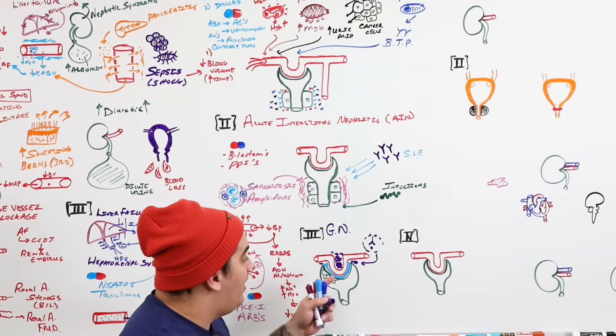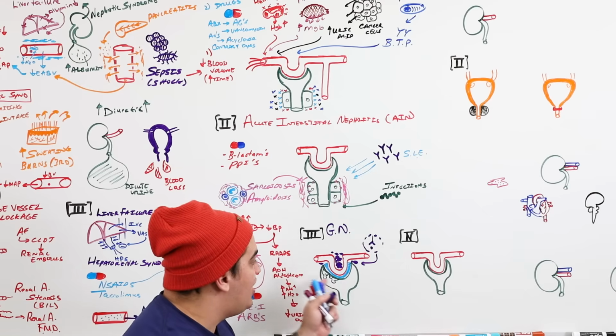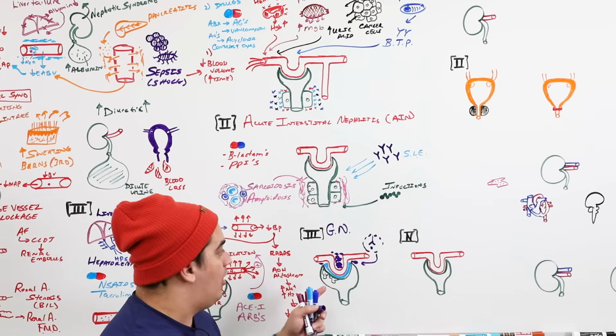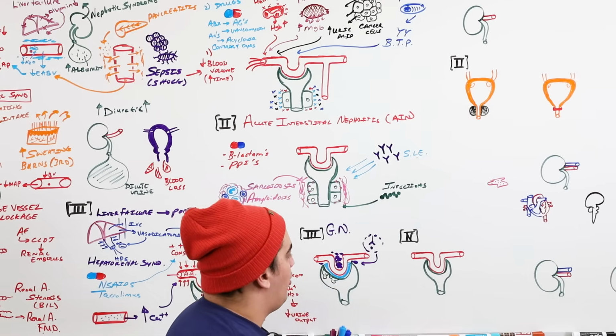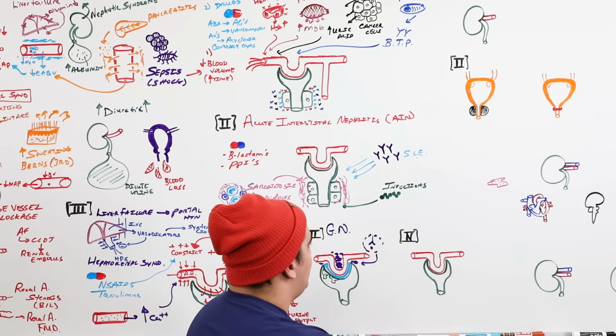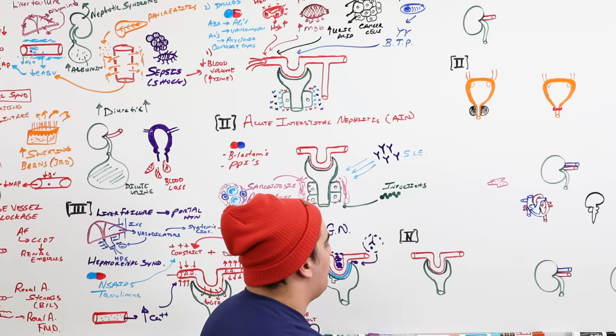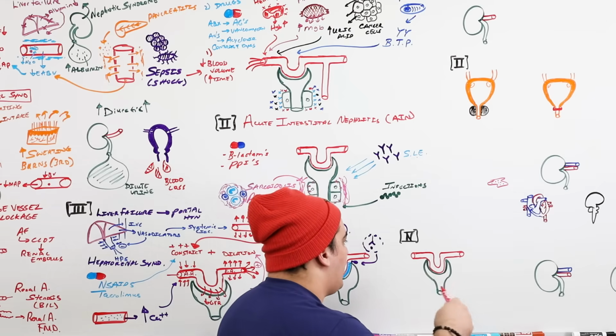So again, one of the big things to think about here is that if you damage the actual glomerulus, it can affect the glomerular filtration rate, all right? So glomerulonephritis would be another one. The last one, again, these last two that we're talking about, they're not super big. I don't want you guys to spend too much time thinking about them, but it's just something to have in the back of your mind.